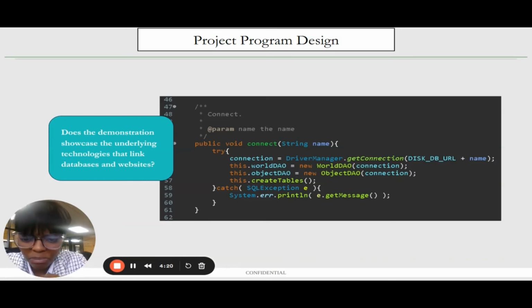Connecting to the database. The connect method establishes a connection to the database using JDBC. It then utilizes a DriverManager.getConnection to create a connection object, which serves as a gateway for database communication, and it also initiates the DAO, which stands for the data access object class, linking them with the established